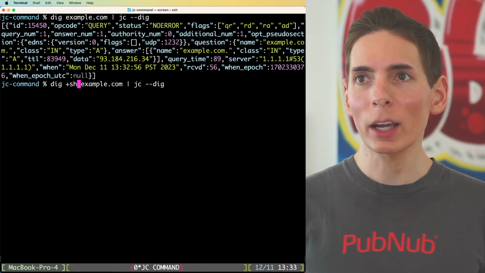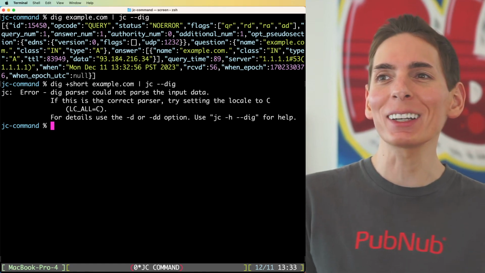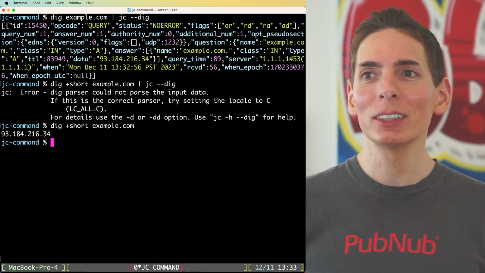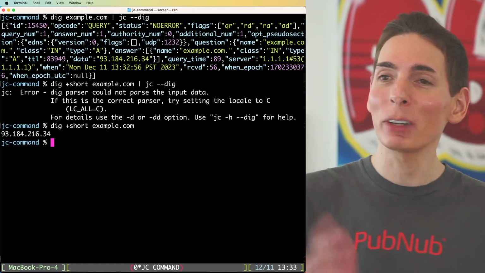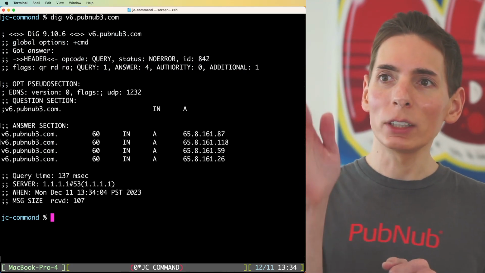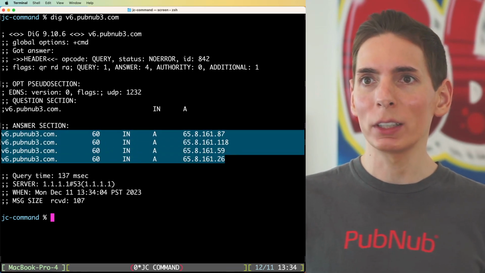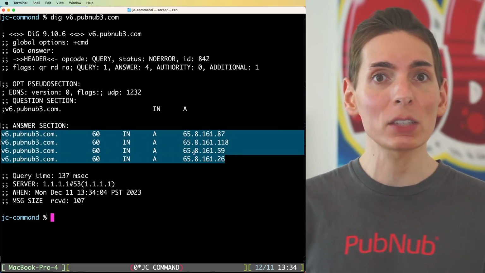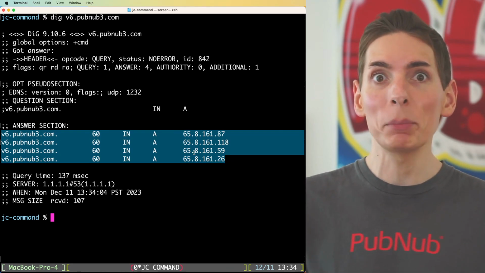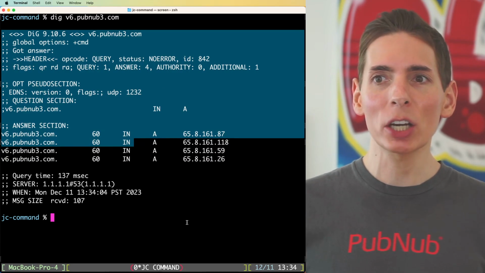Let's see what happens if we do a short dig. Oh, it didn't work. I guess that's pretty parsable as is. If you do short, you're just going to get whatever records back. So here's an example. If we run a dig against a domain, it's going to give us back mostly the A records, right? We want those A records so we can then connect to those IP addresses and fetch the data against the web API. There's a lot of things that are all around this,